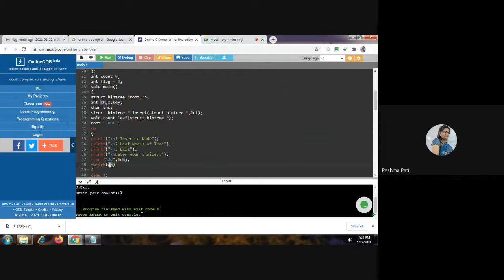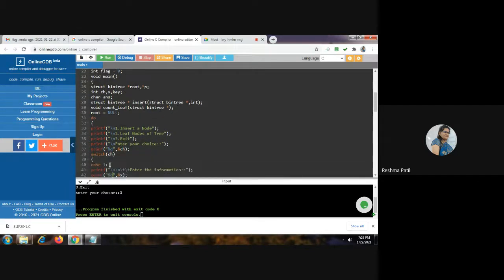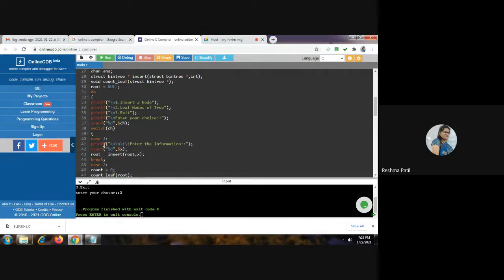If the user has entered 1, then this ch variable is compared with these cases. If it is 1, it will execute case 1. In case 1, we are getting the information from the user, that is the data part, which we have to show as a node for the binary tree.